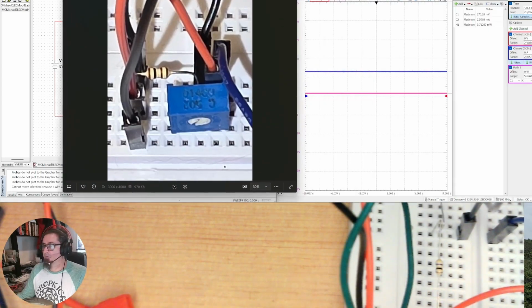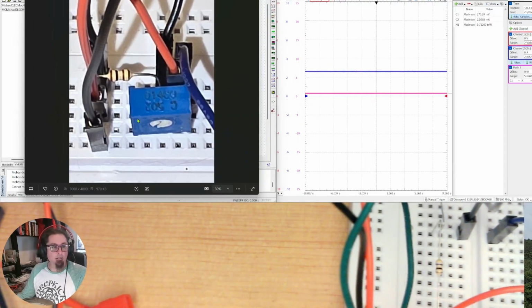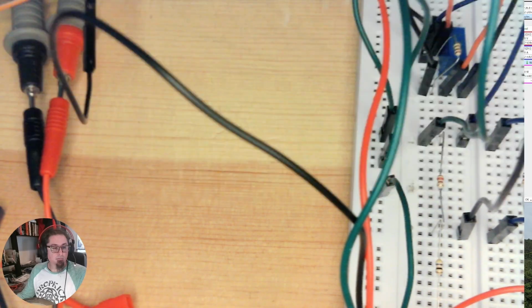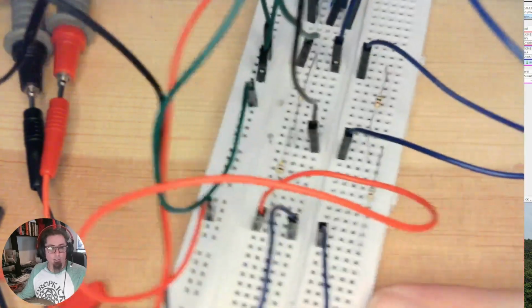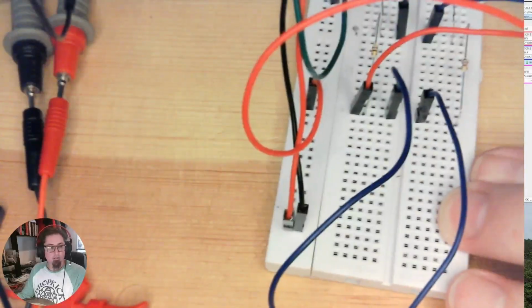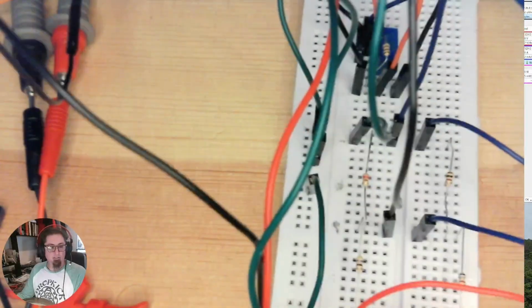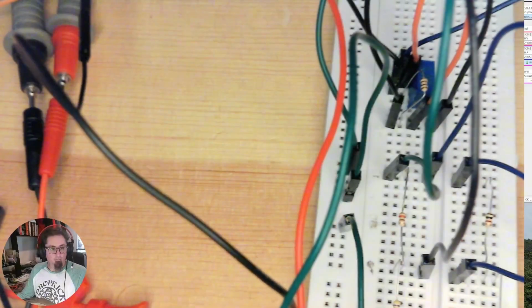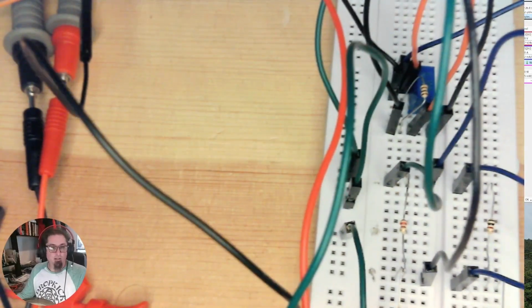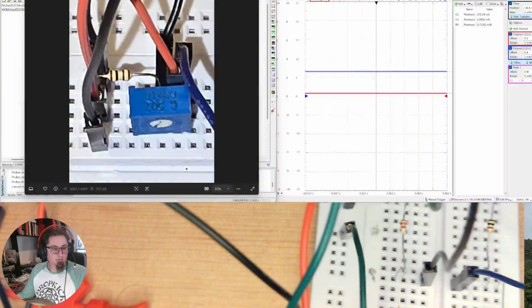Now, once that is set up as such on the board, and we've got these all hooked up, and I got my power coming in right there, across the circuit right there, little jumper right here across the two. But once we've got this hooked up, we can go over here to our waveforms,